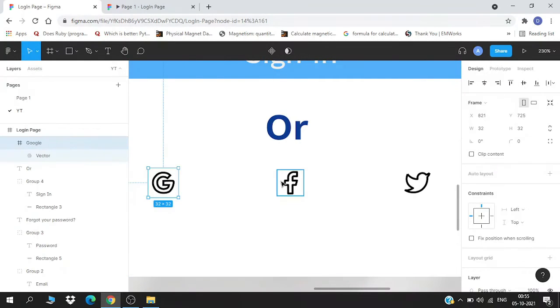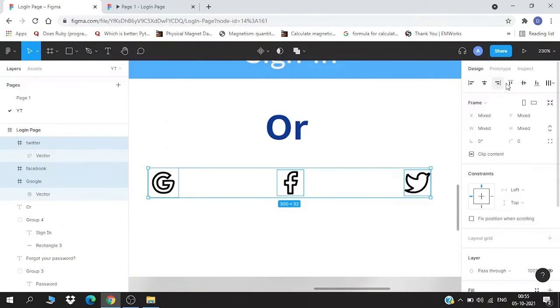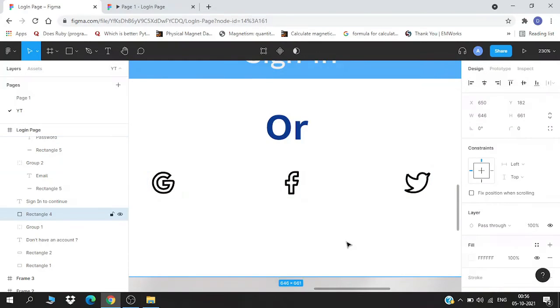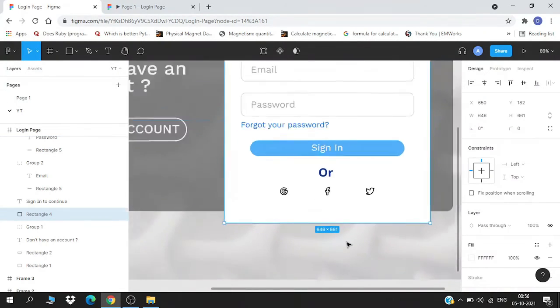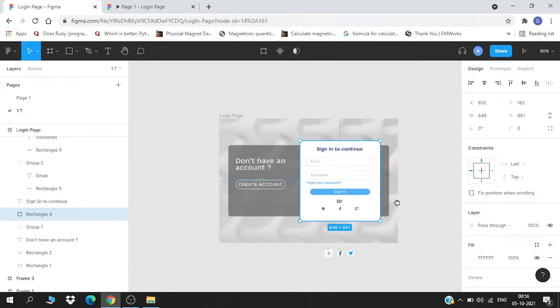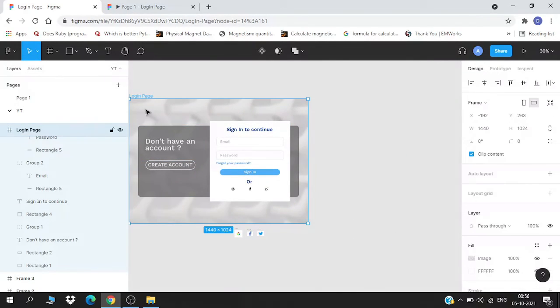So again, I will align them. Yeah, to me they seem very much equal, and again I will tidy them up. So here we have our first page ready, and the second page is very easy. It won't take this much time.